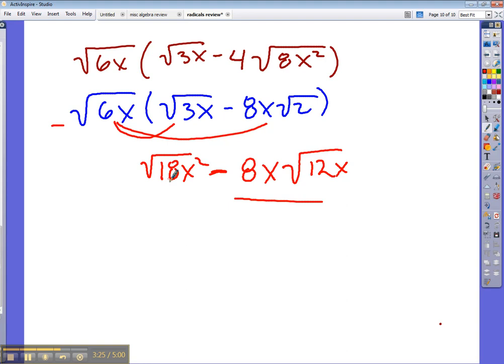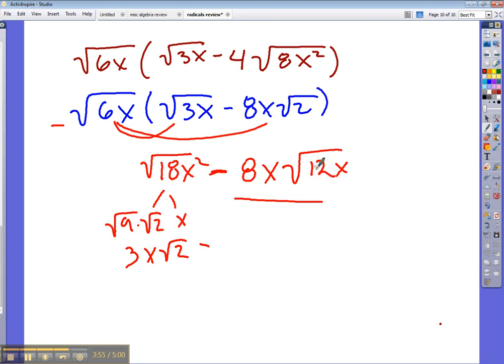So looking at the square root of 18x squared, are there any perfect square factors? 9 and 2. So we have the square root of 9 times the square root of 2. How about x squared? Well, that's just plain old x. So what is the square root of 9? 3. So we have 3x times the square root of 2 minus,